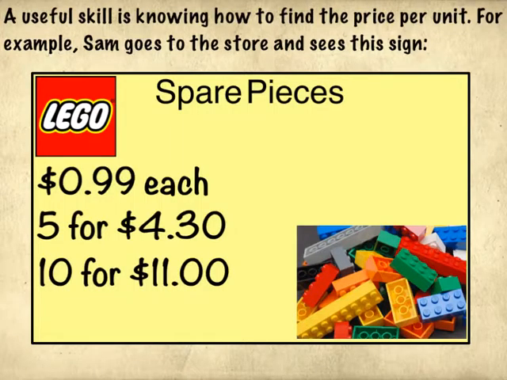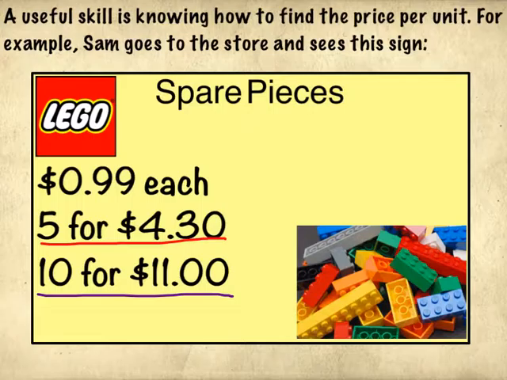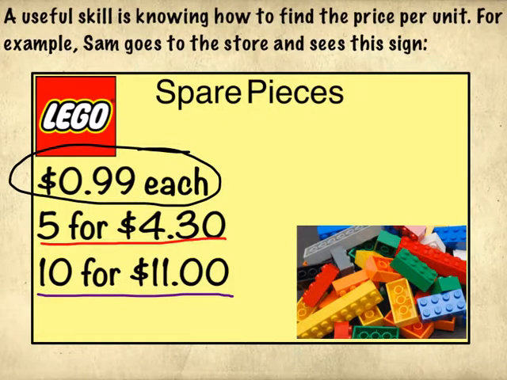So what we want to do is take these places where they've told us it's going to be 5 for $4.30, or 10 for $11. And we want to break them down and find out how much they are each so that we can compare them properly. So let's start with the 5 for $4.30. What I'm going to do is divide $4.30